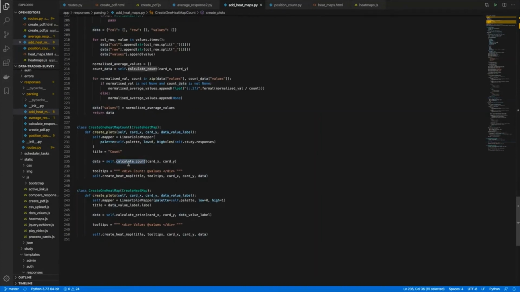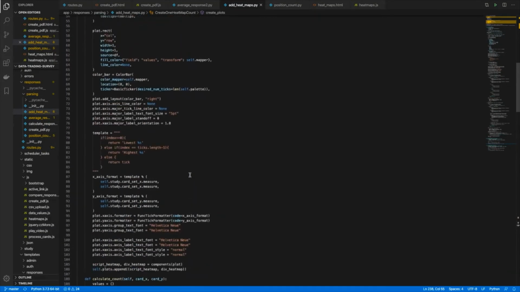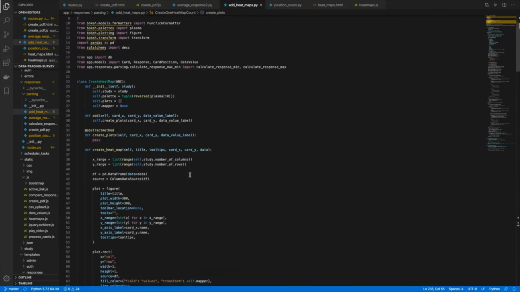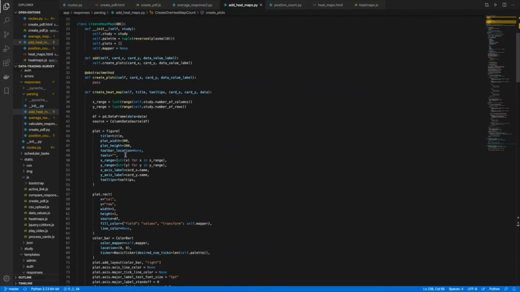So once the respective calculate count or calculate price methods have been run, the data obtained from these methods is passed into the create heat map method along with a few options. What this method does is basically just use the data obtained in those calculate price or calculate count methods to produce the heat map.